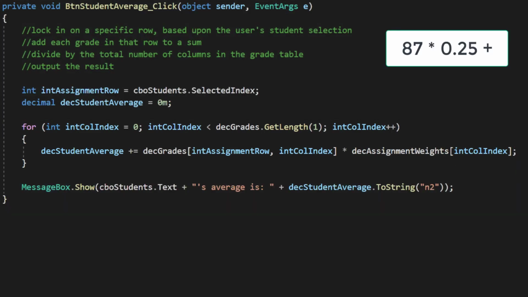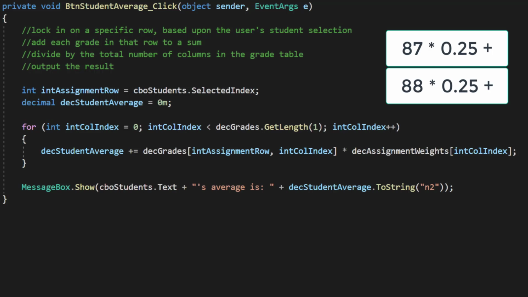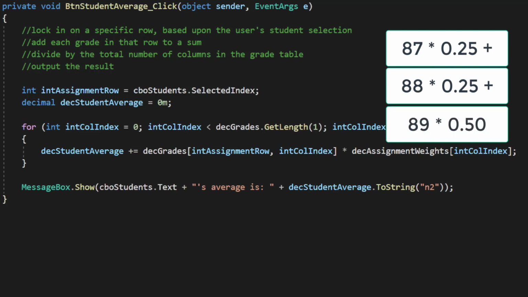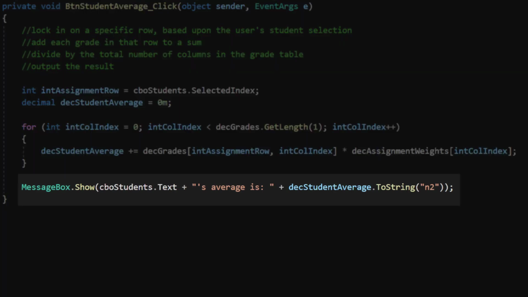So the first assignment for a student, which would be homework 1, will get multiplied by the first weight for that assignment, which is 25%. The second assignment will get multiplied by 25%, and the third assignment will get multiplied by 50%. That completes the overall calculation for an individual student's grades. 25% of the first assignment, 25% of the second assignment, and 50% of the last assignment. So once I'm done with the loop, I've completed their overall student average, and I can just send that out